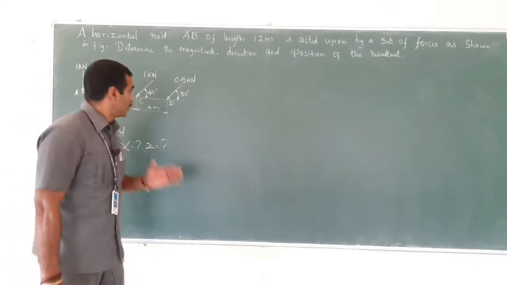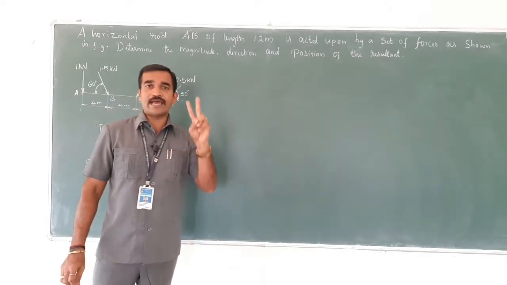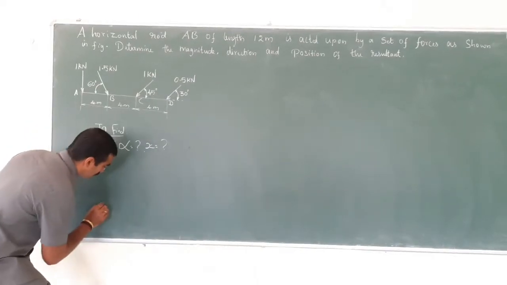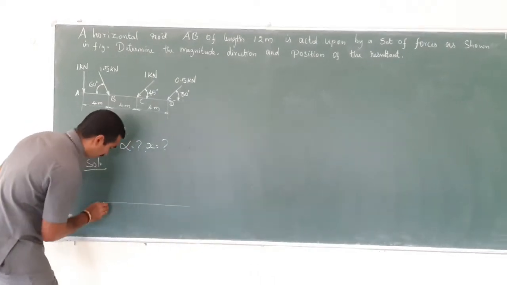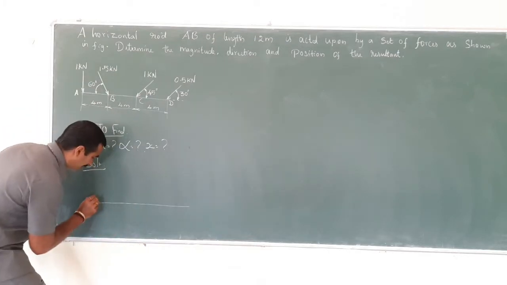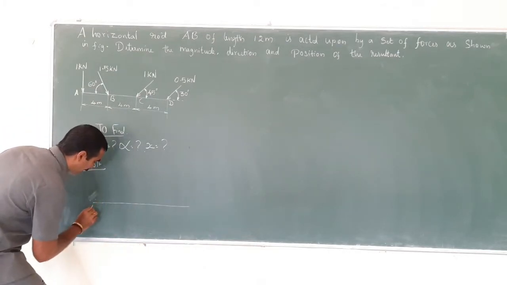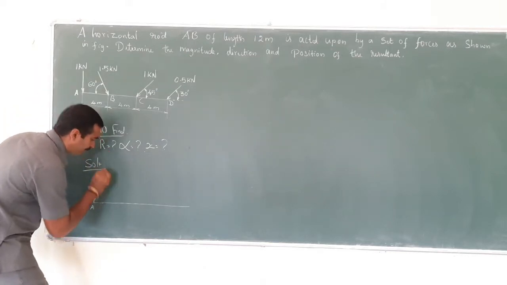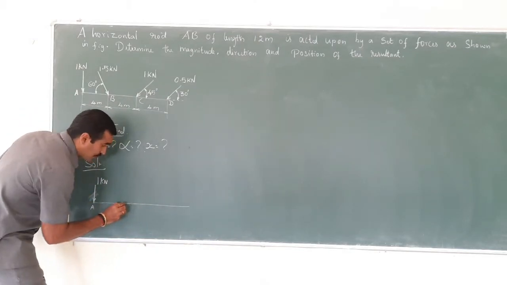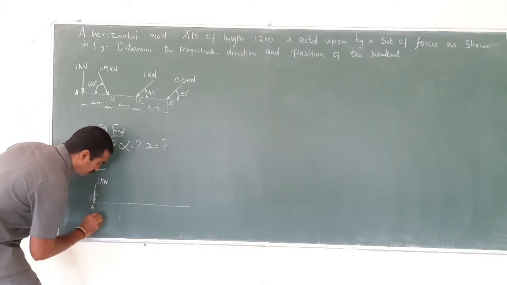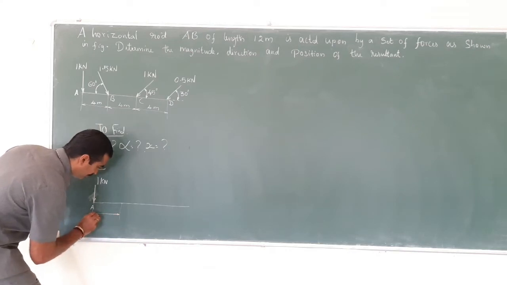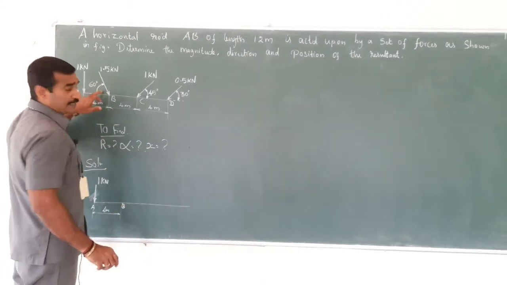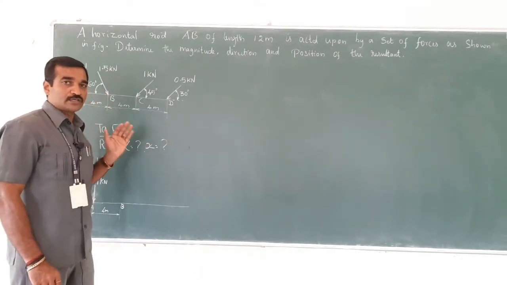As I told you, first the inclined forces should be considered as 2 components, vertical component and the horizontal component. So, let me just draw the diagram in this manner. Let me just take a point where a vertical force is acting of magnitude 1 kilonewton, at point B, that is 4 meter away from the origin, which is 4 meter. This point is B, where the force is inclined. So, we will have to consider horizontal and vertical.